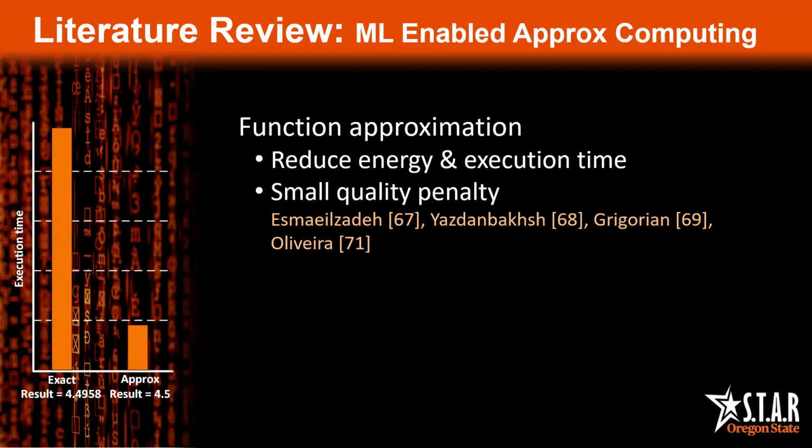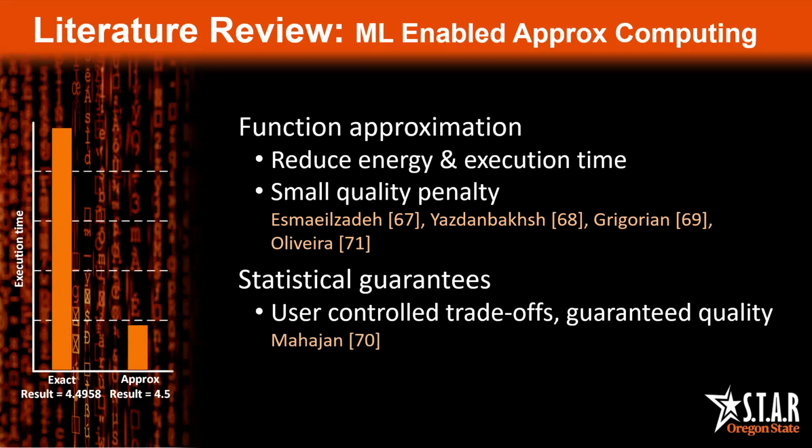Machine learning applied to approximate computing thus far focuses on function approximation and the need to ensure overall quality. One notable implementation is the Neural Processing Unit, or NPU, proposed by Esmaeilzadeh. They replace approximable code segments with neural processing invocations, essentially translating the original code into a sequence of neural network operations. They find that average application error rates can range from 3 to 10%, while observing a 3 times average reduction in application energy and 2.3 times average application speedup.